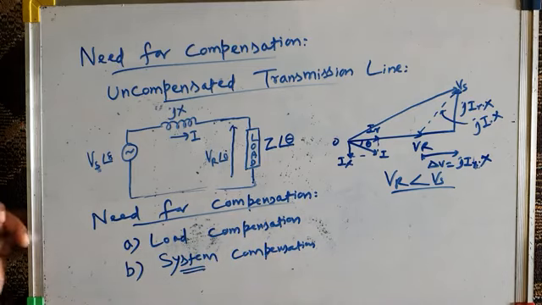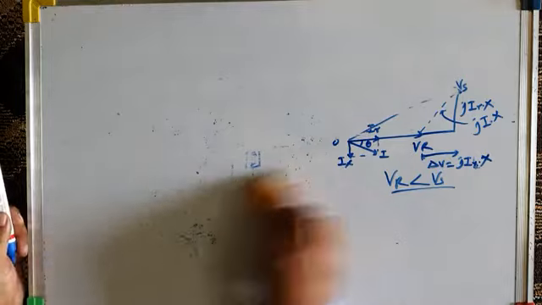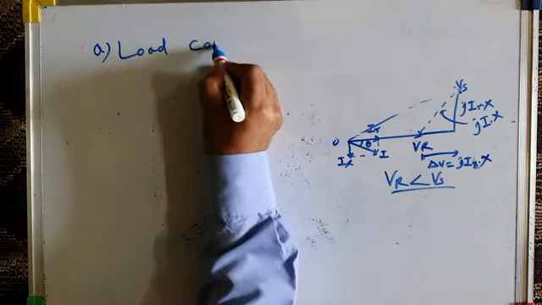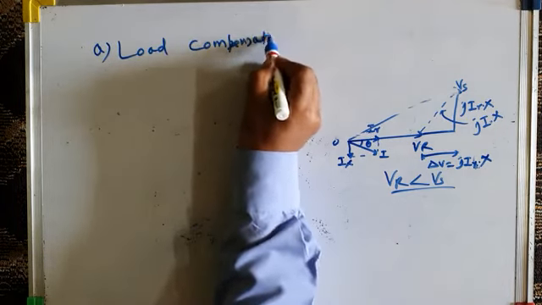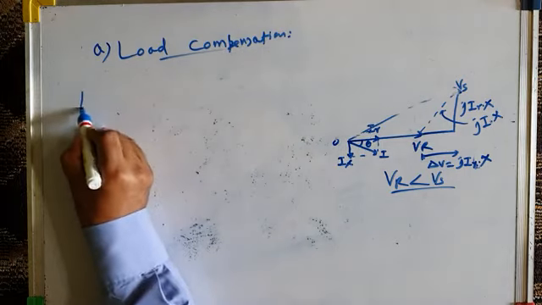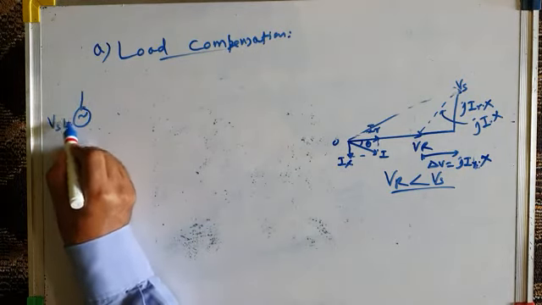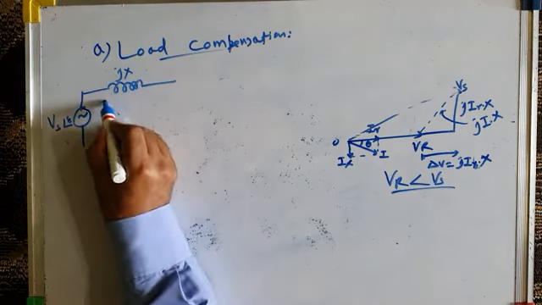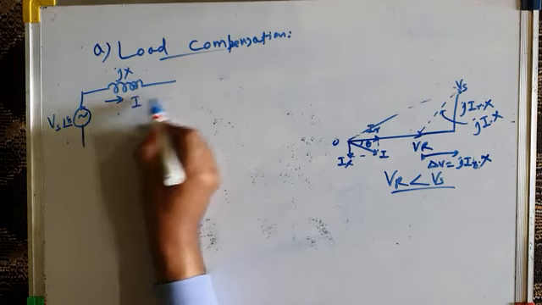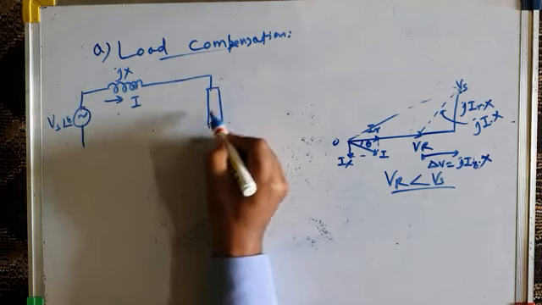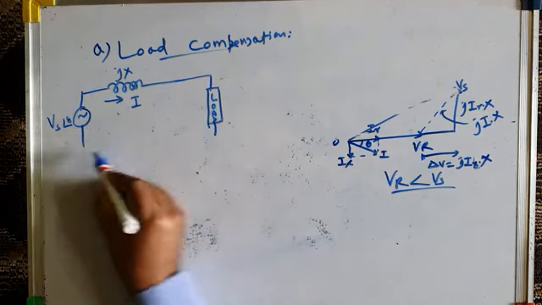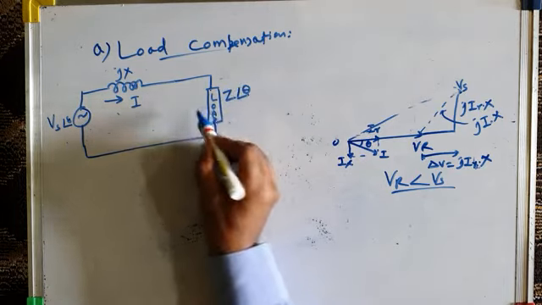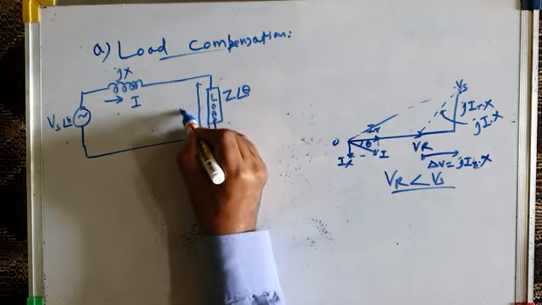Now let me show you how load compensation results in improvement in the situation. So we will go for load compensation. This is the power circuit diagram for load compensation. This is the sending end voltage Vs at an angle of delta. This is the transmission line reactance jX, and the current flowing is I. And this is the load, which is drawing current I, or which requires certain power. Load impedance is Z at an angle of theta,